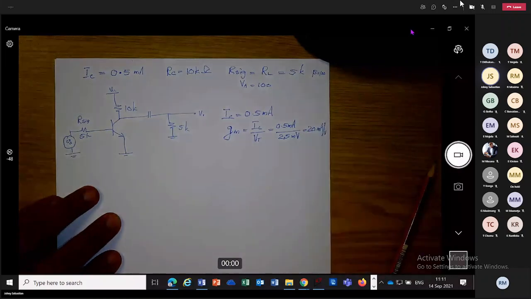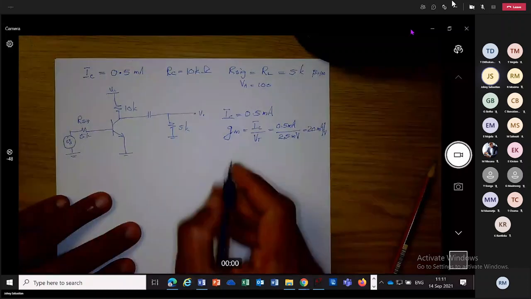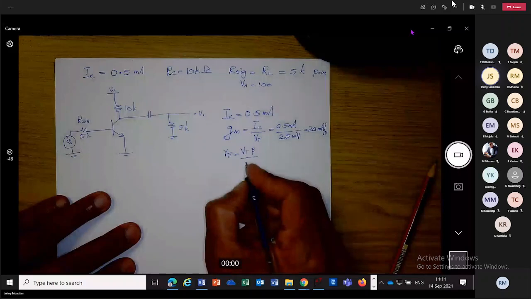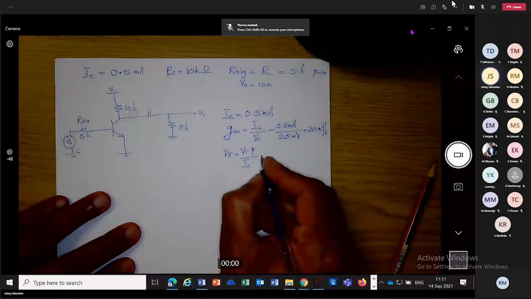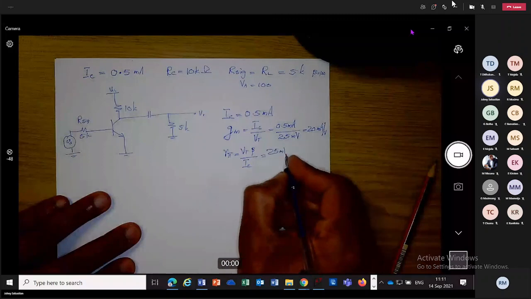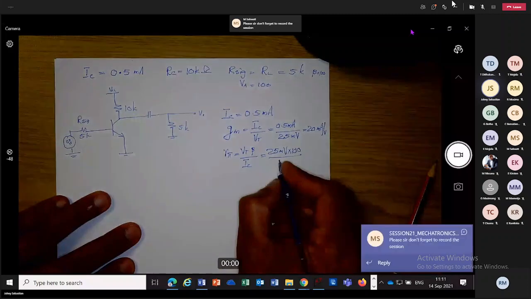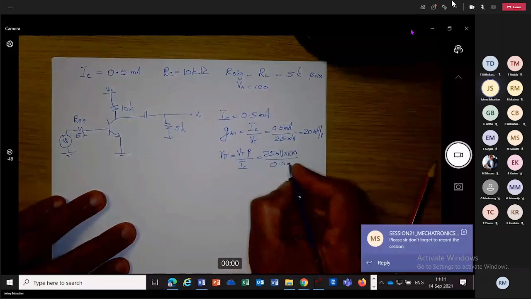Somebody please confirm it. Yes, sir. Then we have r pi. r pi is VT times beta over IC. That is 25 millivolt times 100 divided by 0.5 milliampere. Answer is